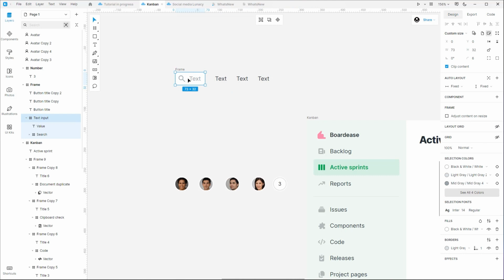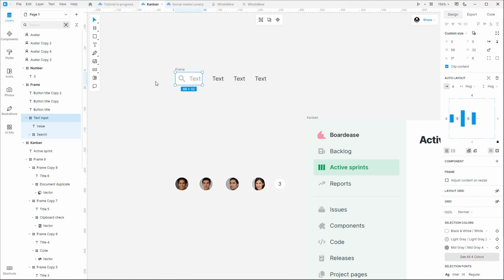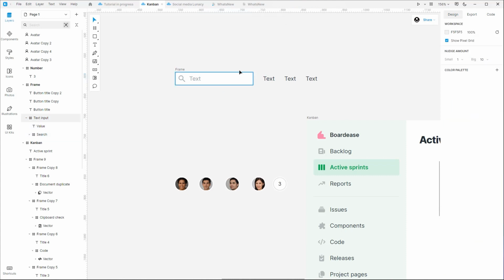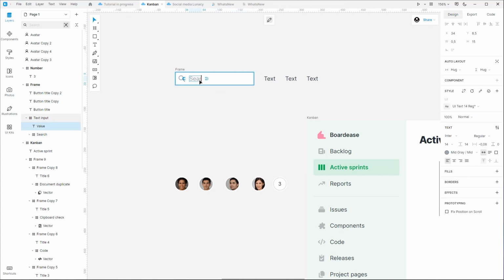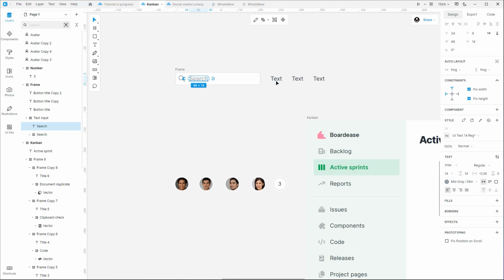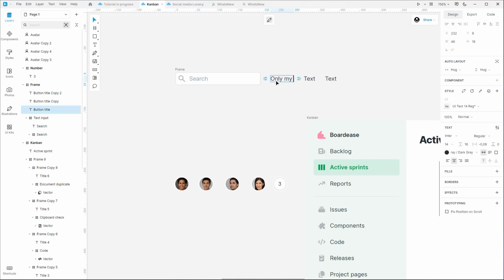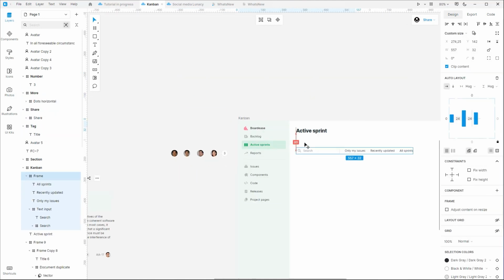I'll add an individual auto layout for the search field and unlock the option to set independent paddings for it. Some text edits later. The panel is ready to go.